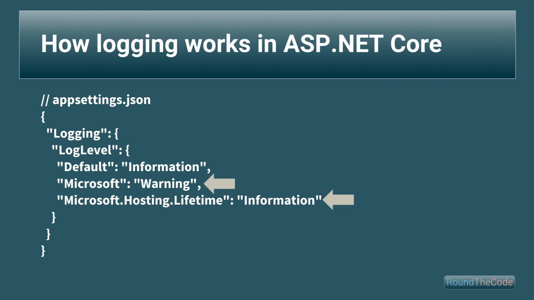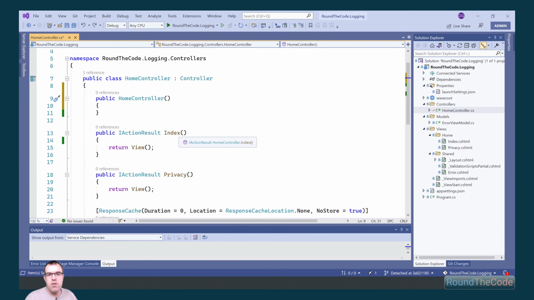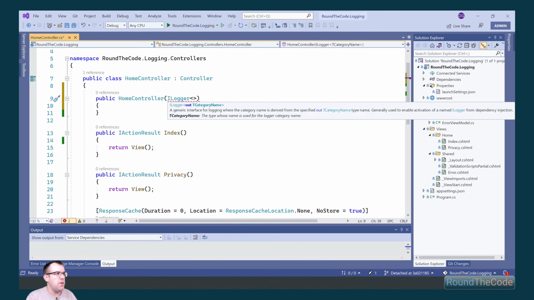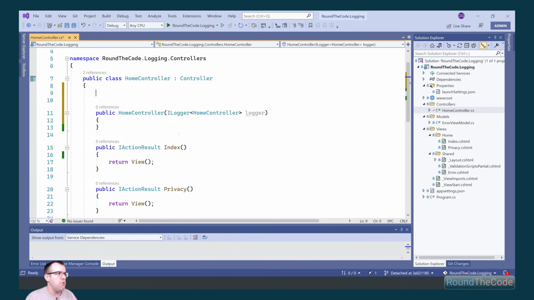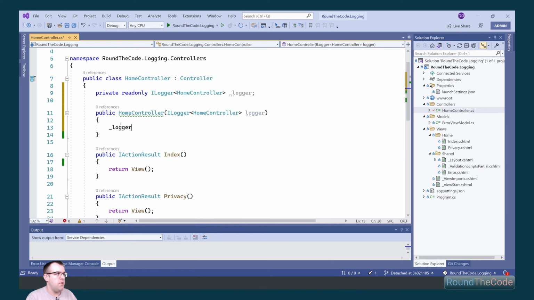Now that we know how logging works, it's time to write a log into an ASP.NET Core MVC application. So this is our HomeController, and the first thing we want to do is inject the ILogger interface into our controller. Within that, there's a generic type of category name. Typically, you'd call this the class that we're logging. So in this instance, it's HomeController. I'm going to name it logger. I'm going to store that instance into a private readonly field. So I'm going to set it the same type, and the name is going to be _logger. Then it's a case of setting the private field to the parameter that we're passing in.